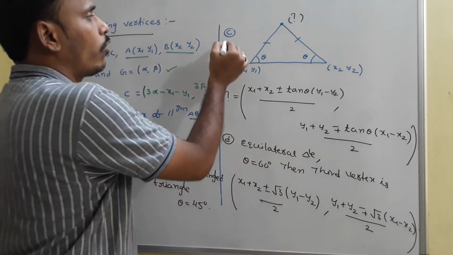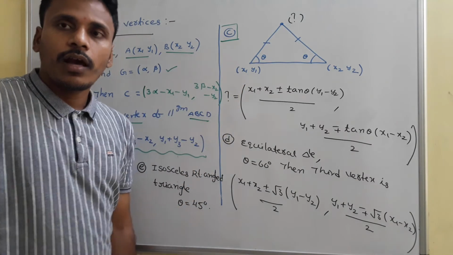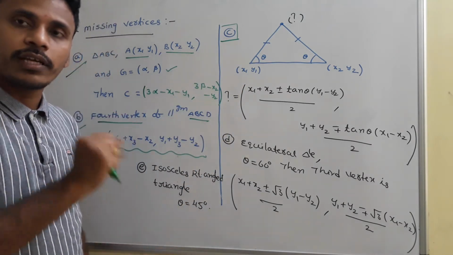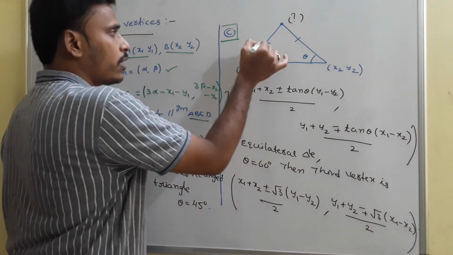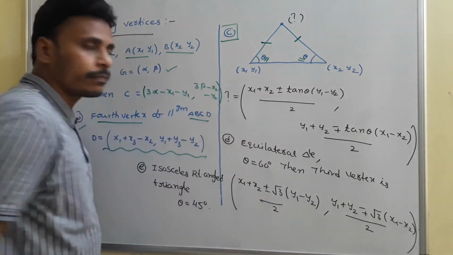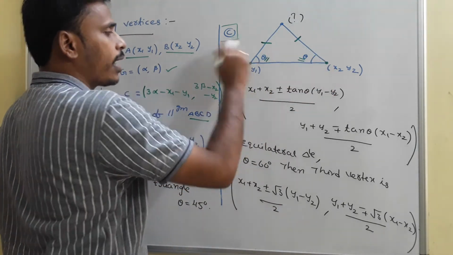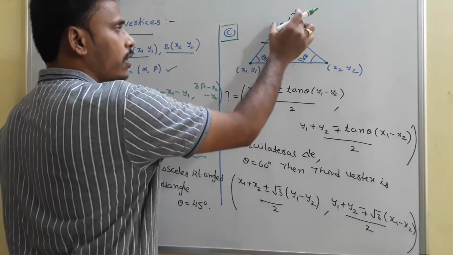And now this is somewhat a bit new one. See, we have an isosceles triangle. Isosceles triangle in the sense two sides are equal and their opposite angles are equal. See, consider these two sides equal and their opposite angles as theta. So now these are known as the base vertices. Okay, in an isosceles triangle, this is the base and that is the vertex.